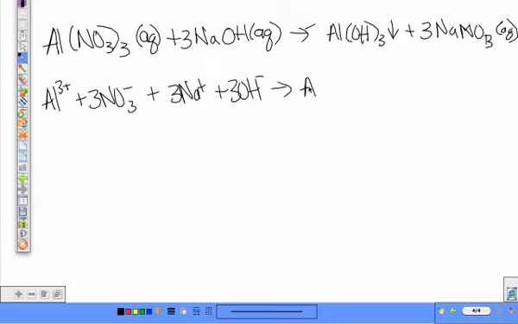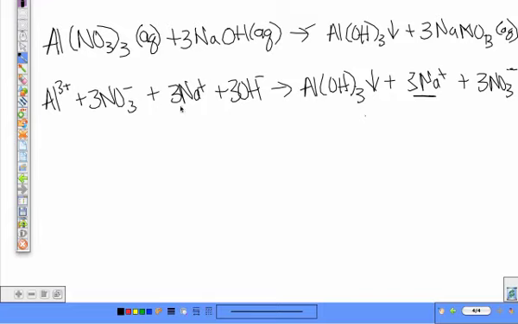Our precipitate we do not split into ions because it's solid. Plus then our 3 sodium ions and 3 nitrates. So what's our spectator ions? Sodium and nitrate. I'd agree. I'll underline them for you. So there's our spectator ions. So our net ionic equation would be